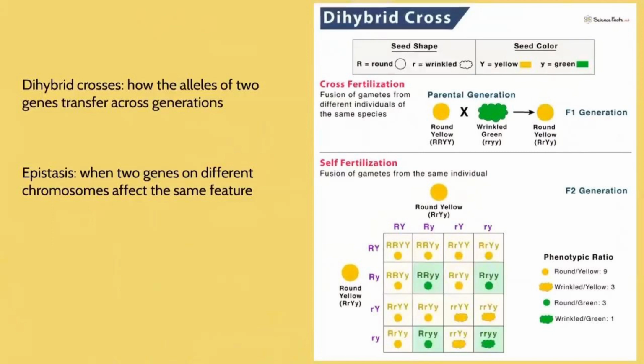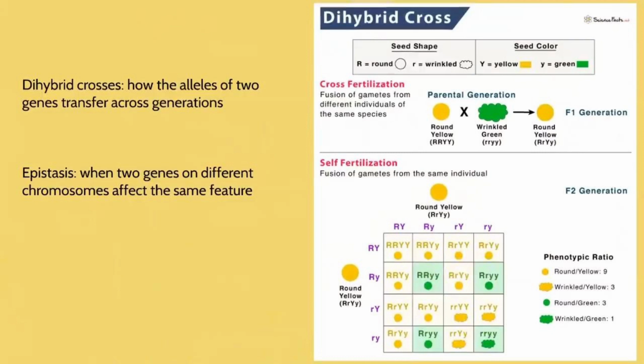So round is the dominant, which will be capital R, and wrinkled will be a small r, which is recessive. And then we have seed colour. So capital Y is going to be yellow, and the recessive small y will be green. So when we look at the Punnett square of what's going to be the probabilities of these offspring, we can